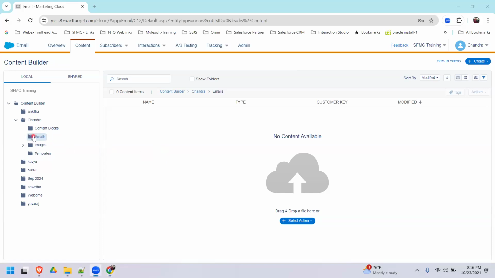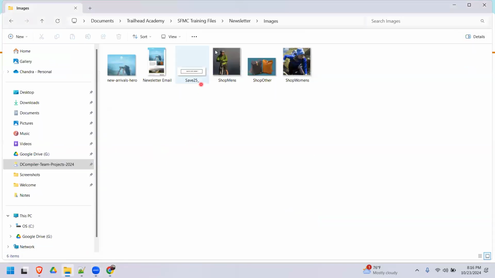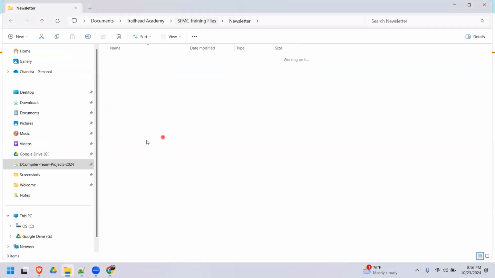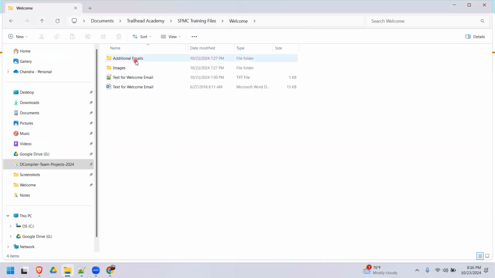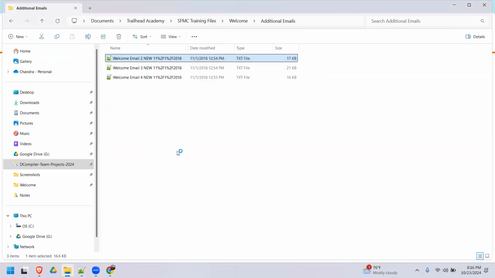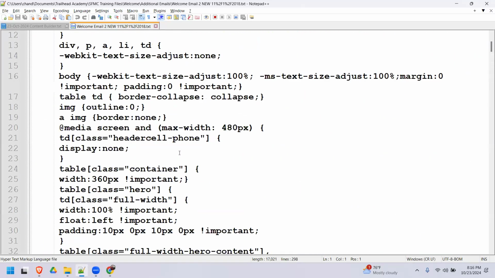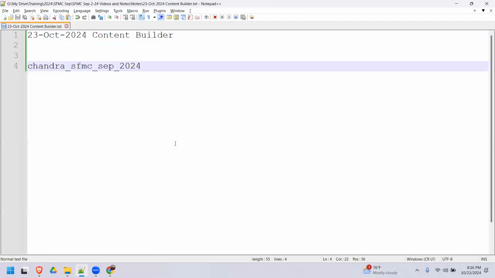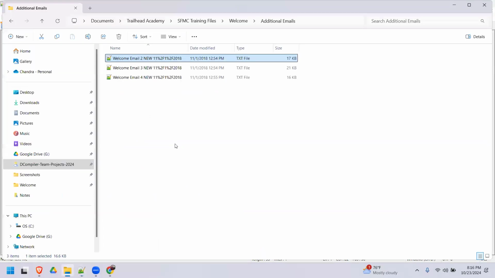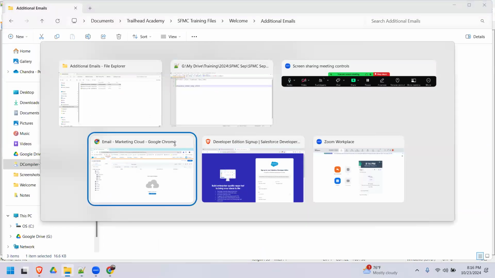With respect to emails, you can upload the existing HTML code. I'll go to the welcome folder, then to additional emails. Here I have 3 emails in the form of text, or you can open it and see the HTML code of it. You can see this HTML code and just copy paste it. That is also one of the options. So first I'll be showing that one: how to create an email with the existing